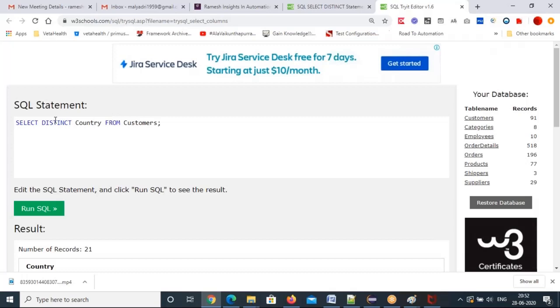So what we learned today, two important things. One is the select command. The select command is used to select particular data from the table. And distinct. With distinct you can get the distinct values from the table. That means no duplicates, only unique values you will get based on the given column. Whichever column has duplicates that you don't want, and you want to get unique values, you use the distinct keyword, right?